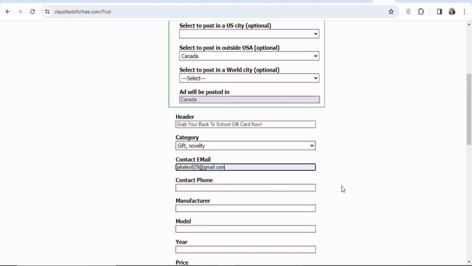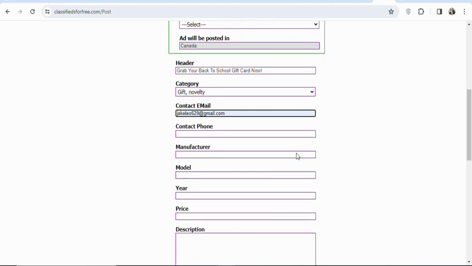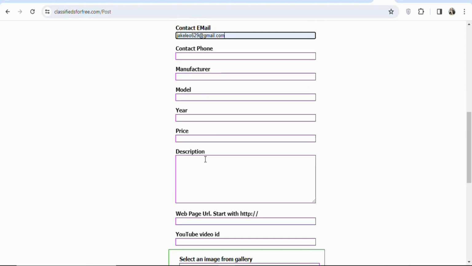As you can see, that has been done. I've entered my email address. Once you enter your email address, you can see contact phone, manufacturer, model, year. Just leave everything. You can see price, so just leave everything because it is free. Just leave it. Once that is done, the next step is that you are going to write a description of